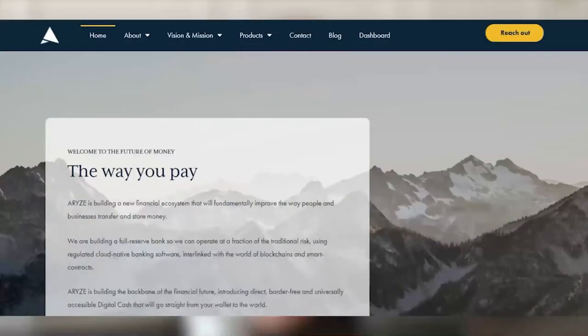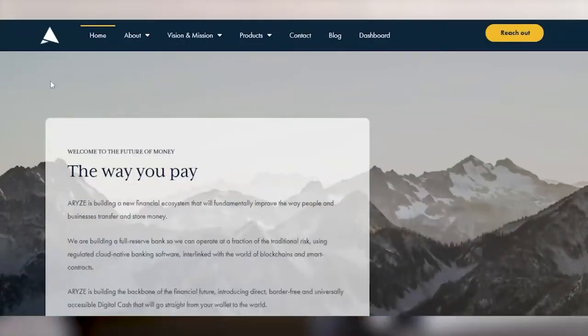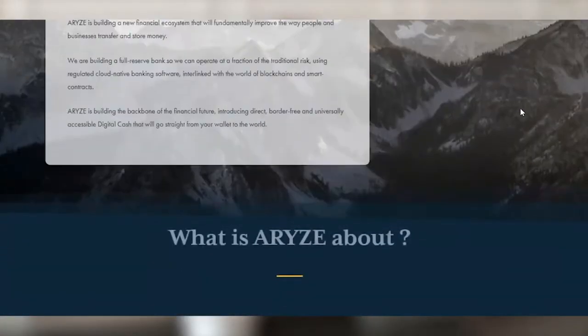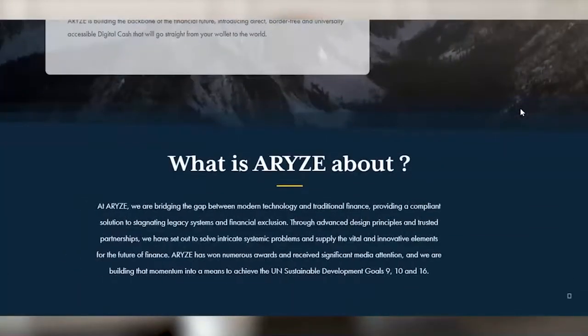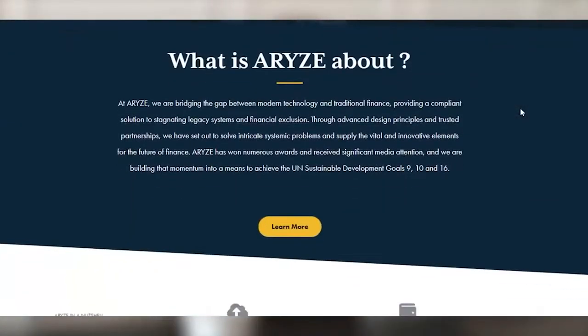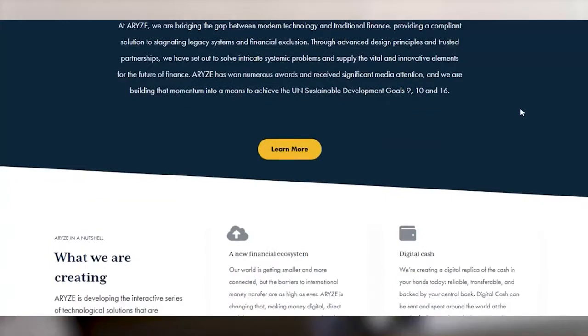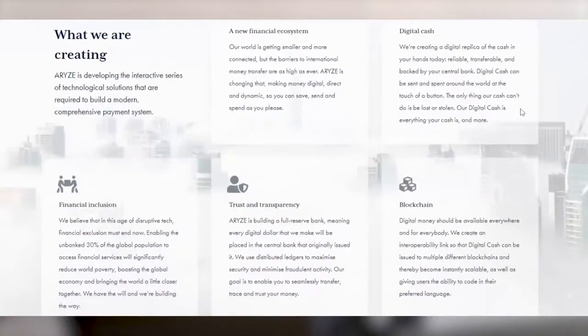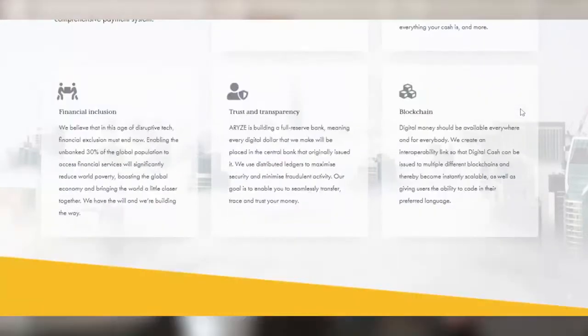That I've created now 3 or 4 years ago is called Aryze, and we're creating what we call digital cash. We want to create a digital representation of sovereign cash money, like a $100 bill, a digital representation that can operate on different systems and blockchains and different banking systems. Okay, so both the old world financial systems, the existing system in place, and on blockchains,